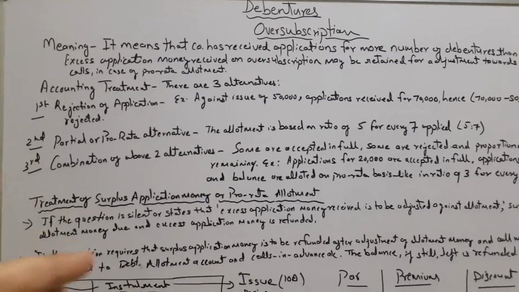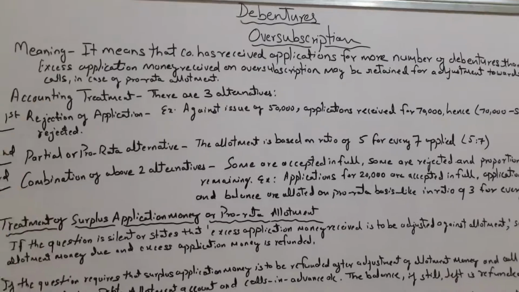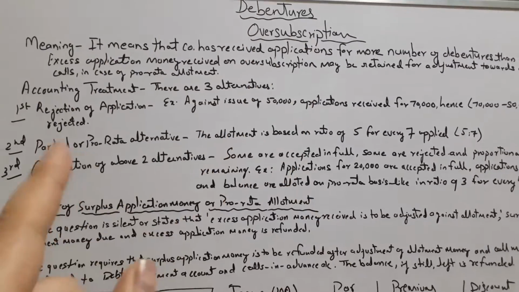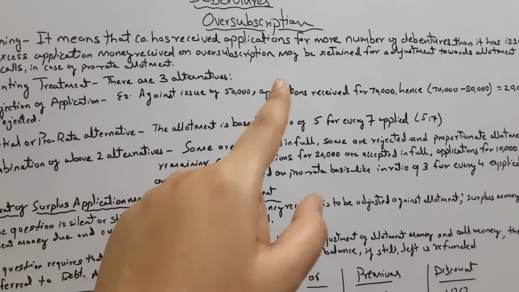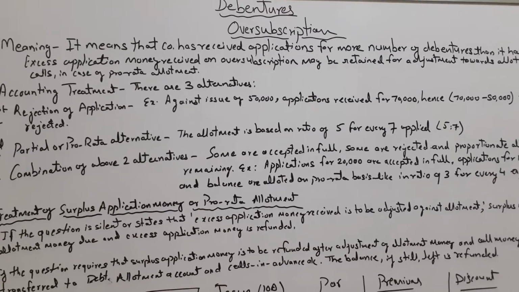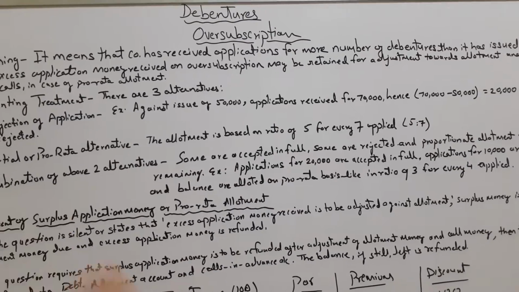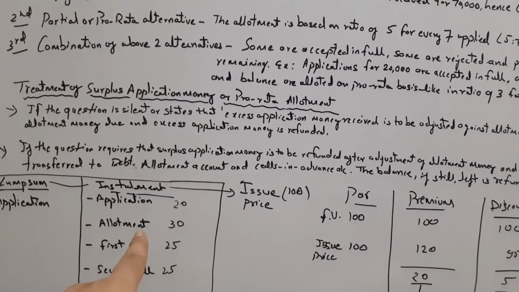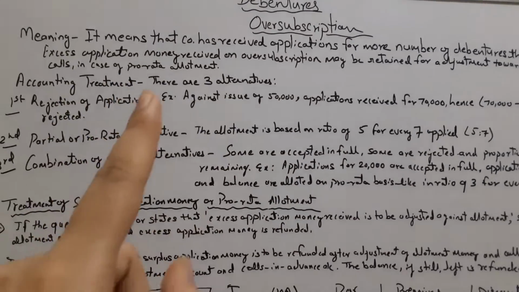Now what are the three accounting treatments? If a company issued debentures for 20,000 but has received 50,000, this is a clear case of oversubscription. In that case, it is at the discretion of the company what to do with the oversubscription amount, like 20,000 asked, 50,000 received, so 30,000 debentures in excess. That excess along with the issue price can be retained for adjustment towards allotment, that means towards the second stage,